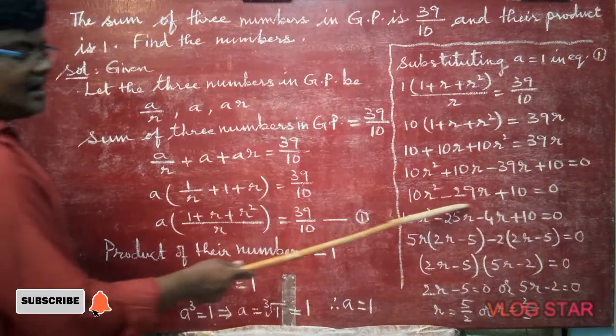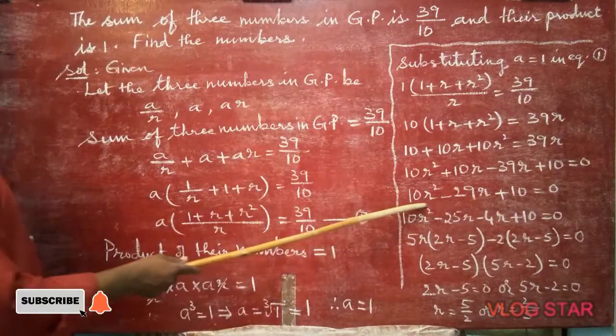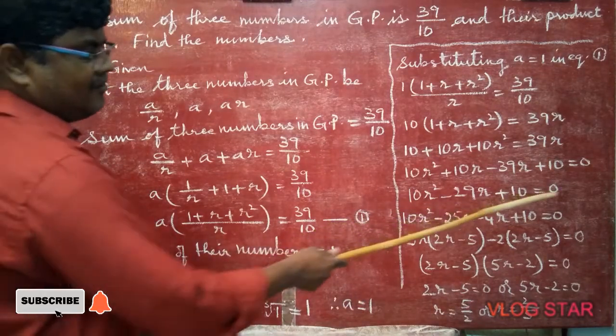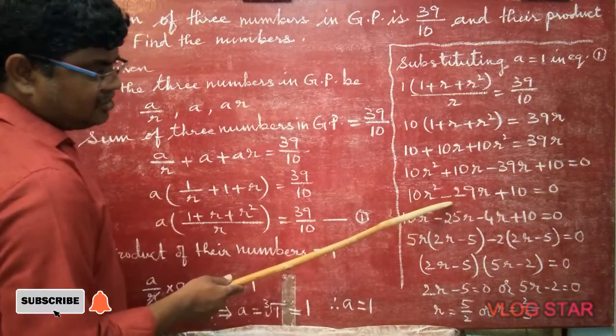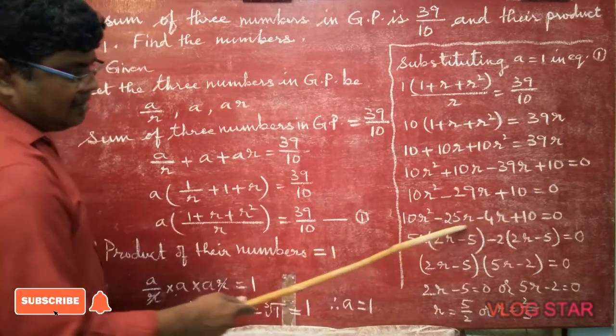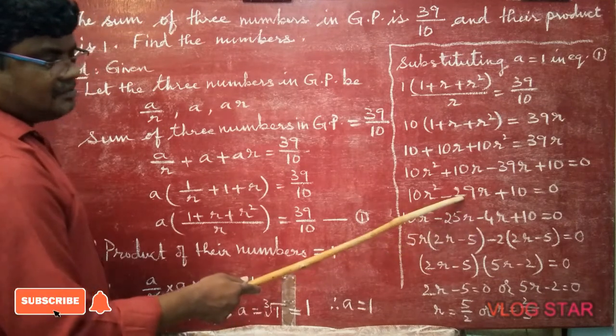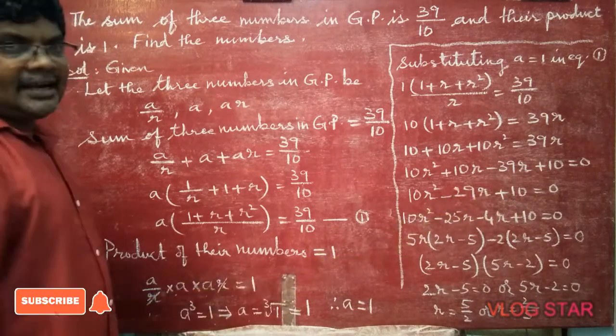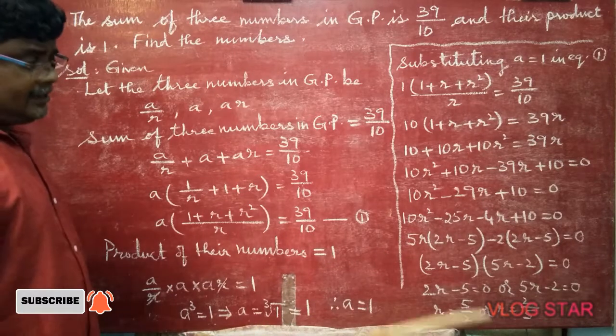Now we got the quadratic equation shape. Now finding factors, factorization. 10 tens are 100. When you multiply, 100 should come. When you simplify, minus 29 should come. In such a way you have to take factors. Minus 25 minus 4 is minus 29. Minus into minus is plus, and 25 fours are 100. This one I did not explain.